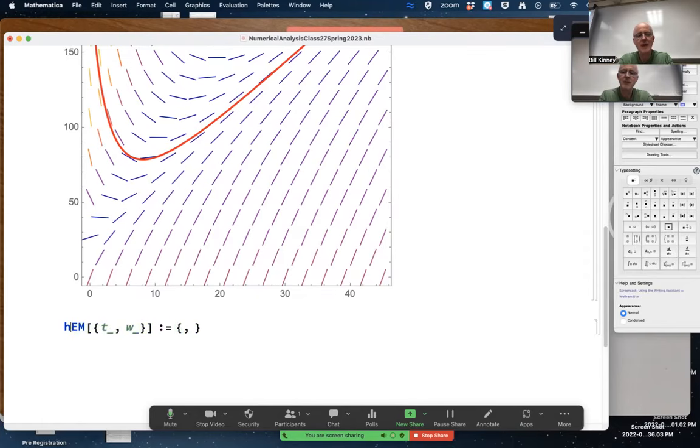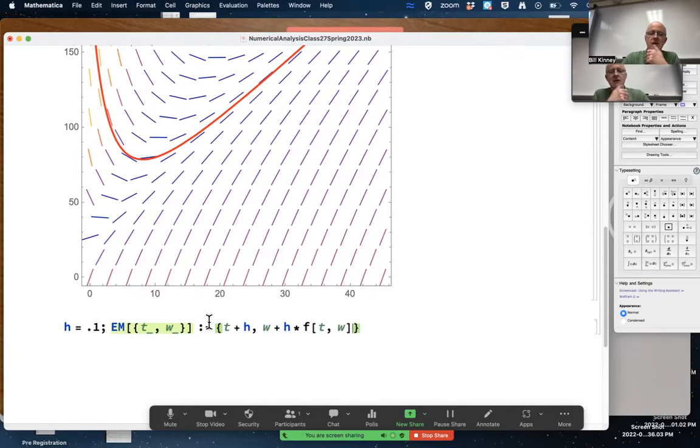In general, maybe I want to put what h is here first, say 0.1. Then I can type the code as t plus h and w plus h times f of t, w. That's effectively the recursive equation for Euler's method without subscripts. But you don't need subscripts here because that's just a notational convention to keep track of the fact that we're making a sequence. But as far as Mathematica is concerned, you don't need subscripts. I am updating the value of t as well by h each time. And this is the thing that gets iterated with NestList,